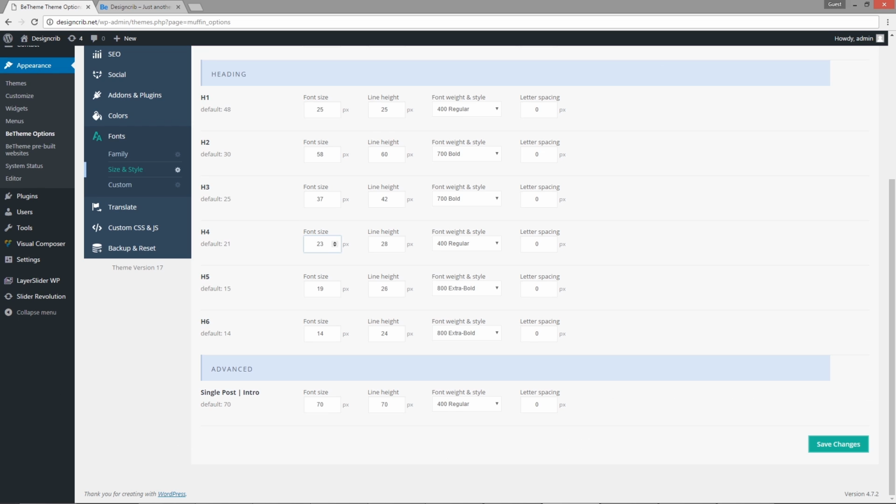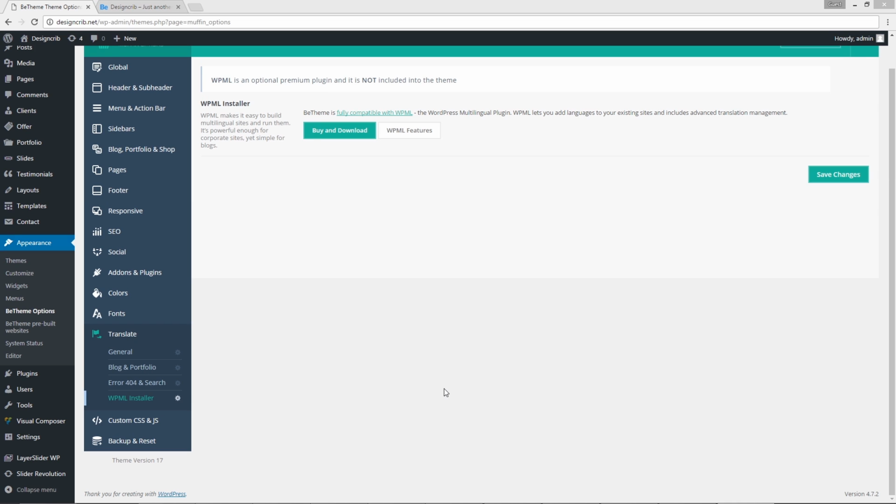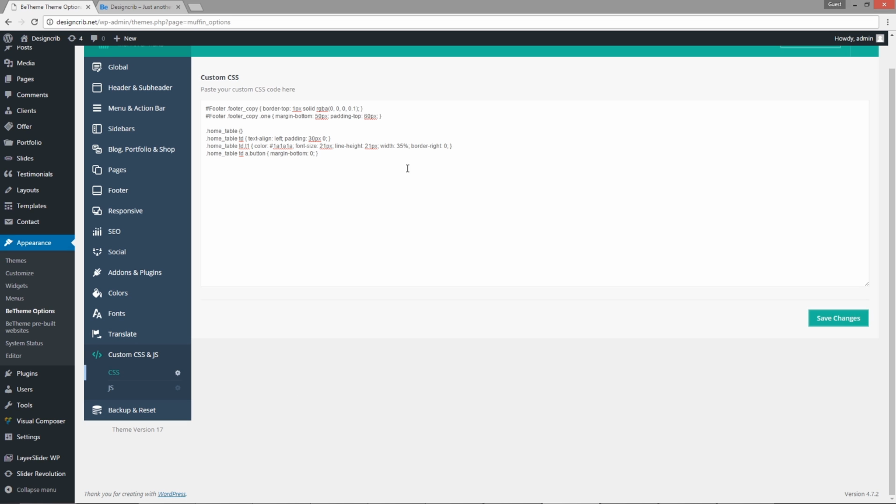And that's not all that Muffin Options has to offer. Translation settings are in place. You can quickly create a multilingual website with these. Here in the end of this video, I'm presenting you the custom CSS and JS section. Here you can add your custom codes that you would like to use throughout the